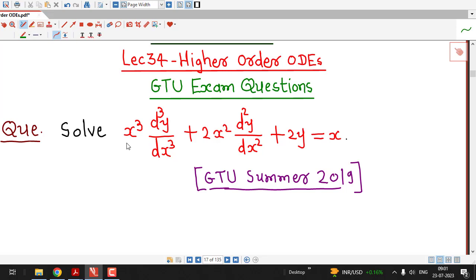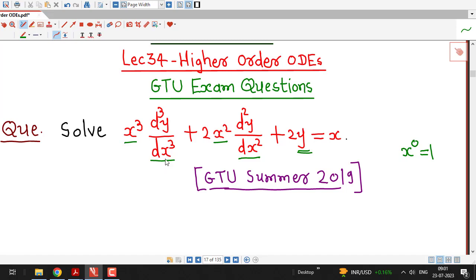You can see that in every term the order of derivative and power of x are same. Here we have third order derivative, so power of x is 3. Similarly, with second order derivative, we have second power of x, and with zero derivative, we have 0 power of x, that is 1. So we know that if in every term order of derivative and power of x are same,